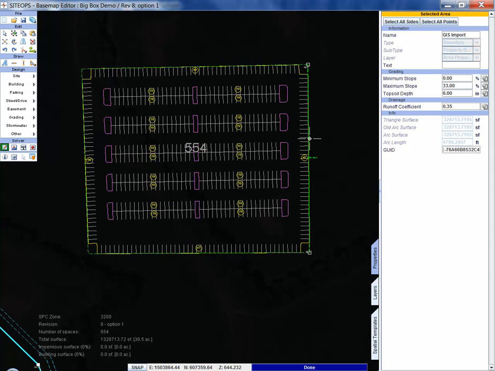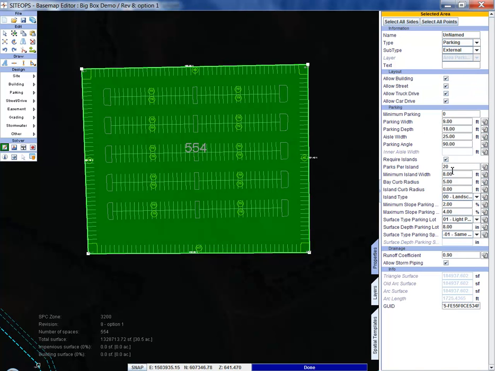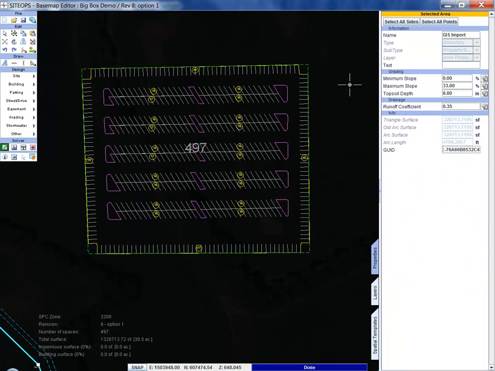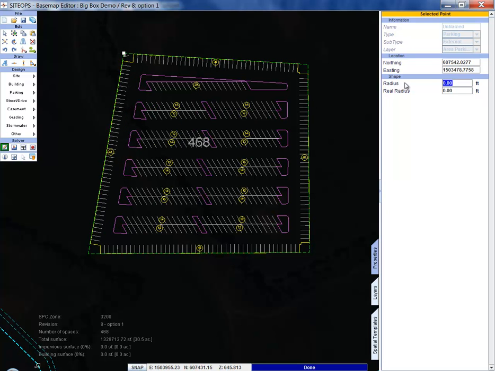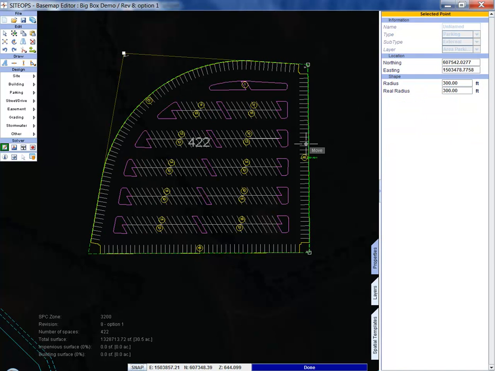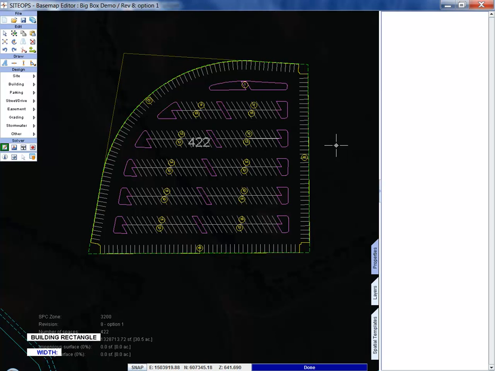So I can now look at the properties on the right hand side. Let's say, for example, I wanted to change the angle of the parking spaces, 60 degrees. There we go. Now this is not a static parking lot design either. This is very dynamic. Pick on any corner, move things around, change radiuses. Very interactive site plan. So let's come in and just put a simple building, maybe a 100 by 200, and